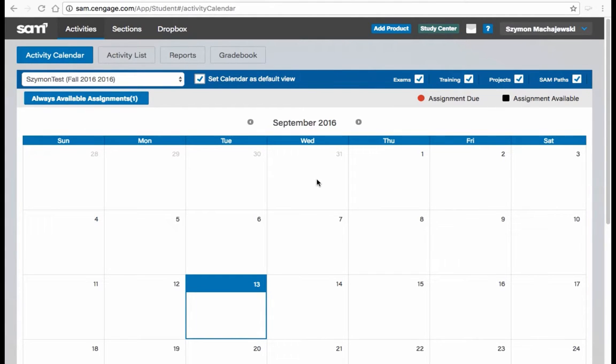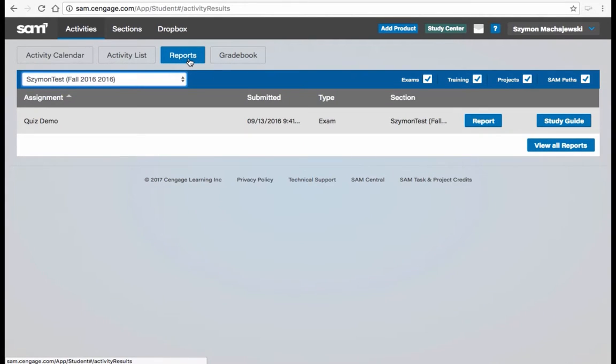Hi, today I wanted to show you how to look up answers to SAM quizzes and how to explain the certain columns in the study guide report, like not presented, skipped. So first of all, you will find this information under Reports tab, and right next to the Report button you'll